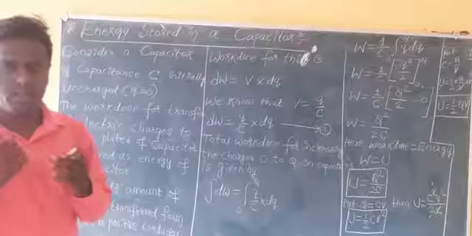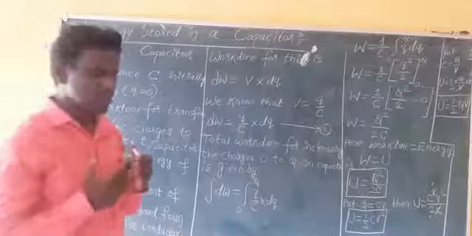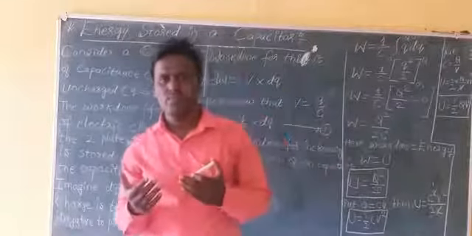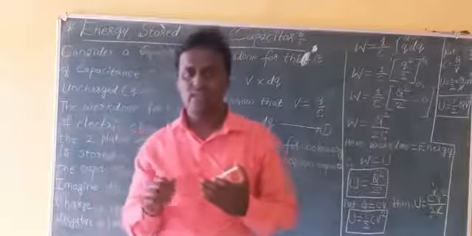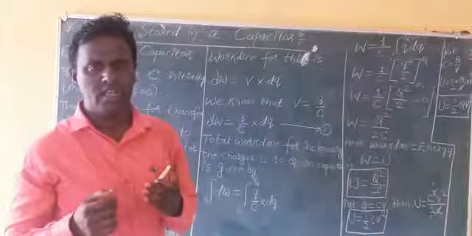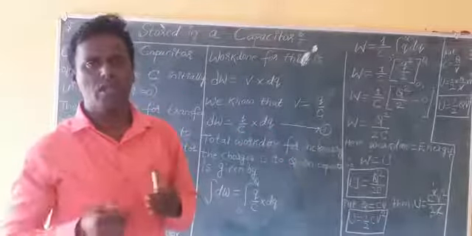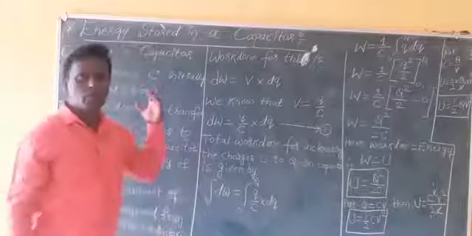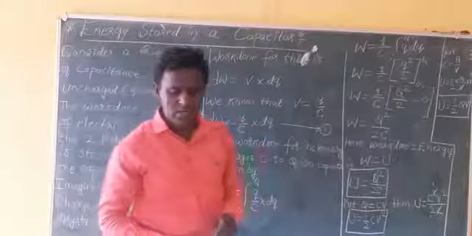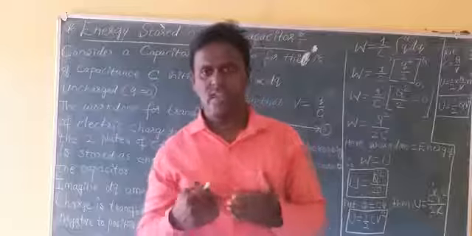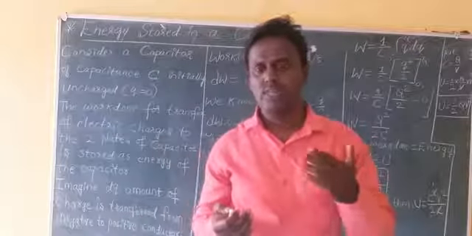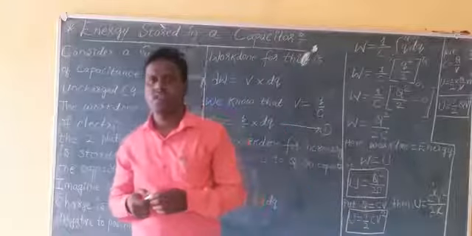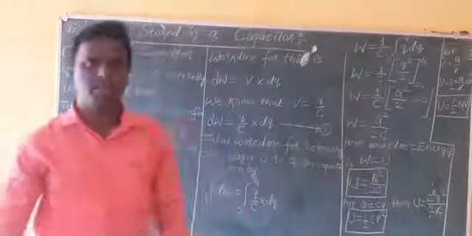One plate has positive charges, plus Q, and the other plate has negative charges, minus Q, and the two plates are separated by a distance d, with a suitable potential difference V. Also, in the last class you learned how capacitors are connected in series and parallel combination of two capacitors.